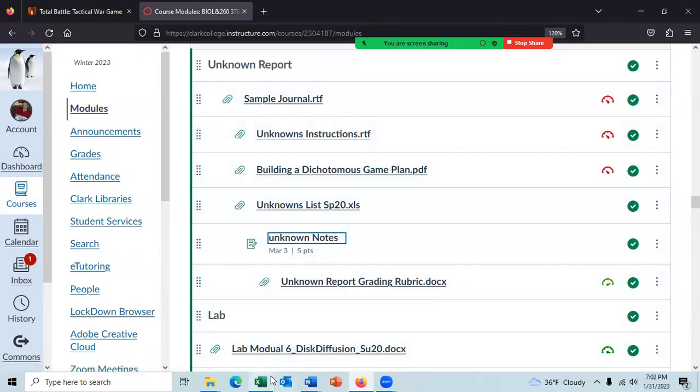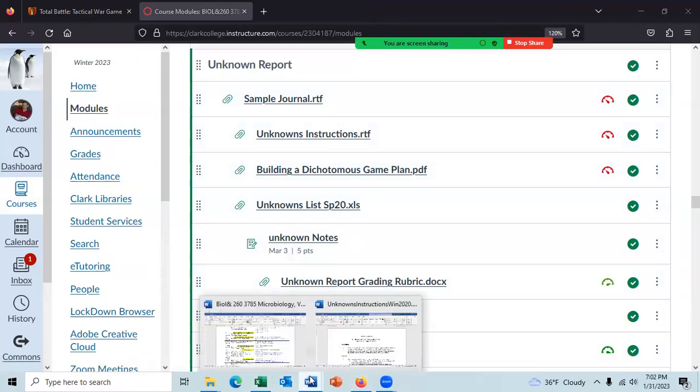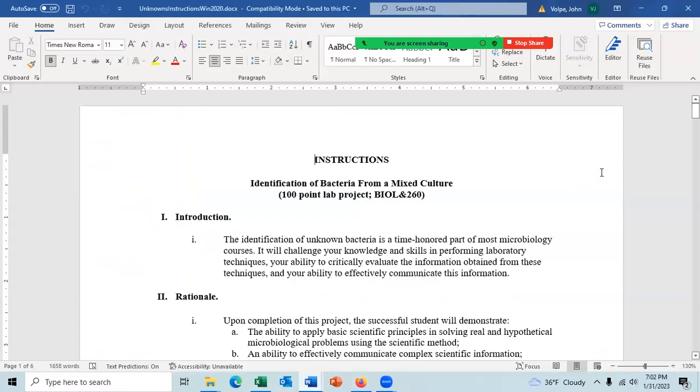Now let's talk about the directions for the unknown project. So this needs to be updated. It's not 100 points anymore. It's 75 points. It's a 75-point lab project. And that is on the syllabus.